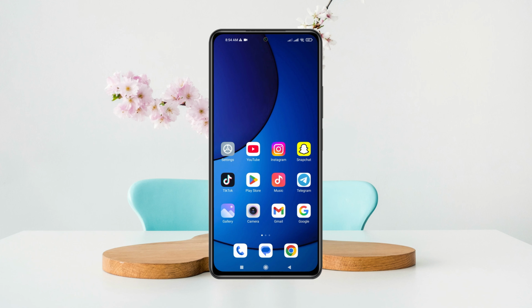In this video, I'll show you how to fix phone dialer app not opening on Android phone. If you're trying to open the phone application and it's not working, then here's how you can actually fix the